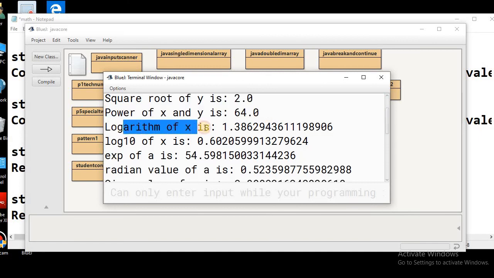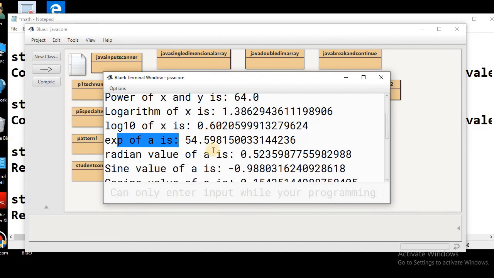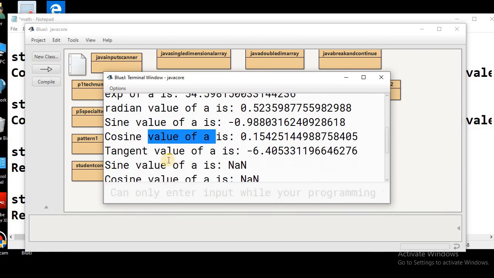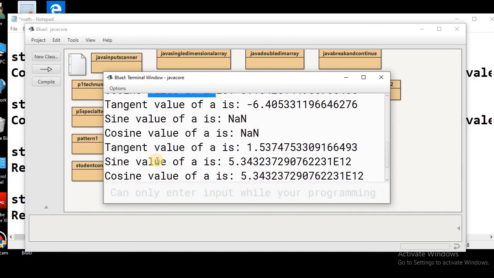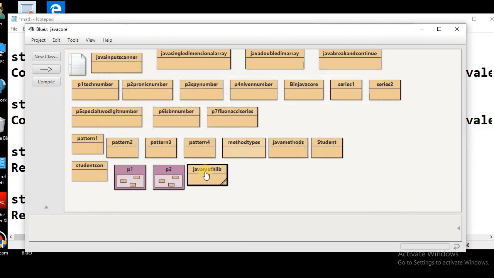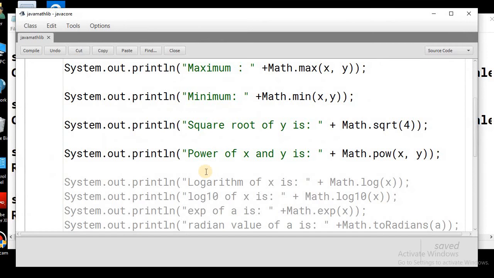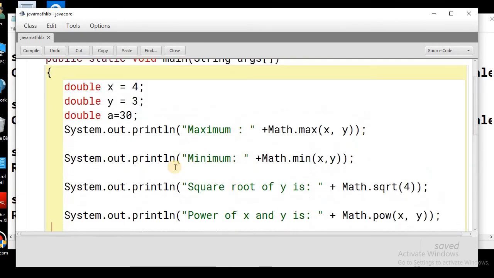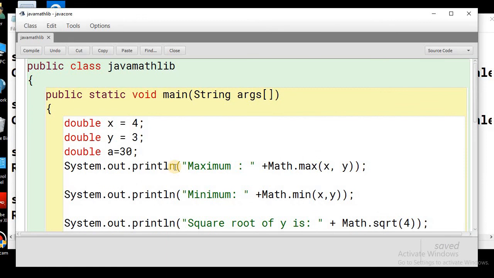This is the logarithm of x, that was 4, log at base 10, exponent of a, that was 30 in the program. Then the radian value of a, the sine value of a, the cosine value of a, the tangent value, and so on. So in this way you can use the Math library. It is one of the very important and common libraries used for Java programming.